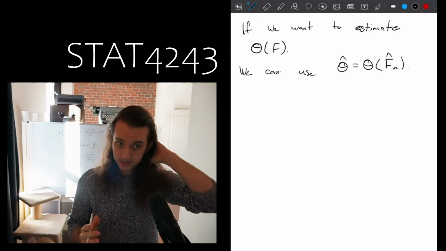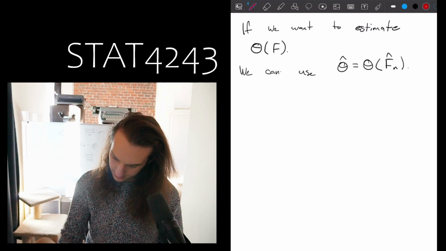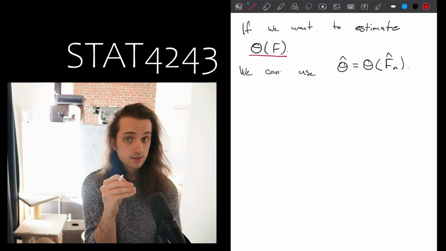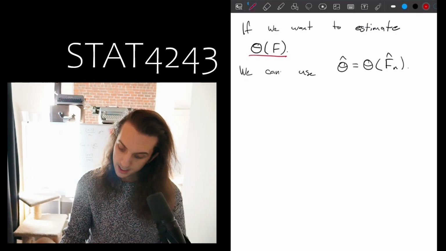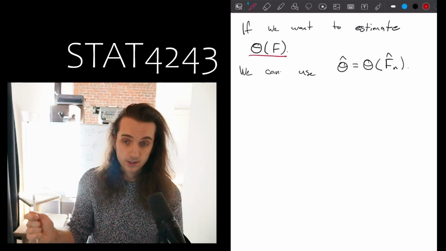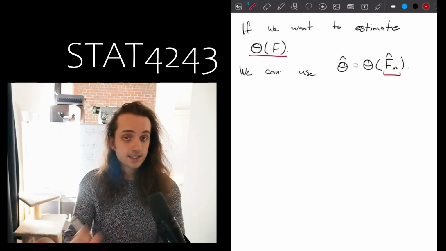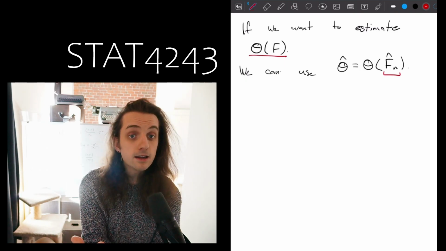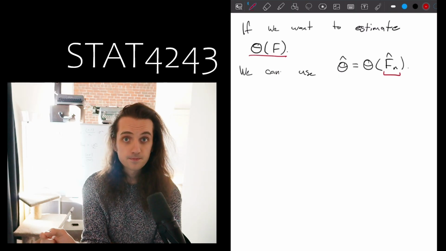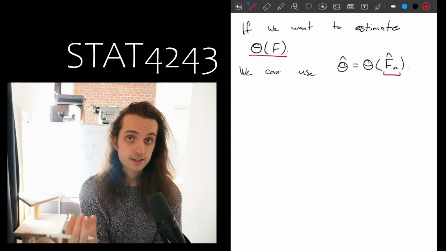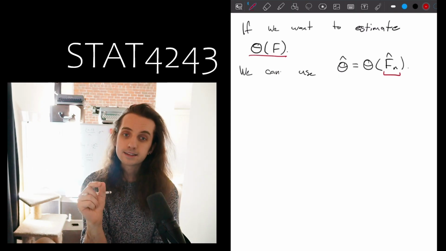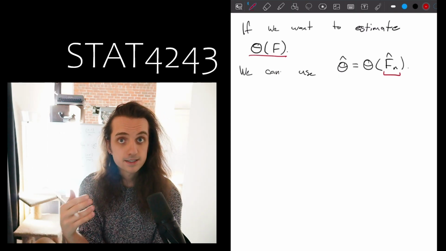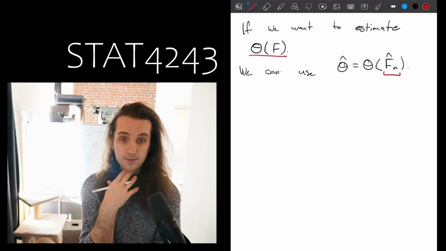Right, and so what are we actually saying here? Well, we know that theta of f is some functional from the CDFs to the real values, right? So every CDF gets mapped to some real value. The empirical CDF is just some CDF. And so we could apply that same functional to the empirical CDF, and in doing so, that's going to produce a real value. And what we're saying is that that real value is going to be an estimate for the true parameter value,